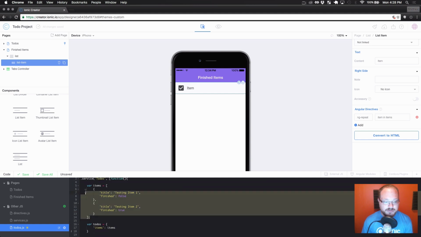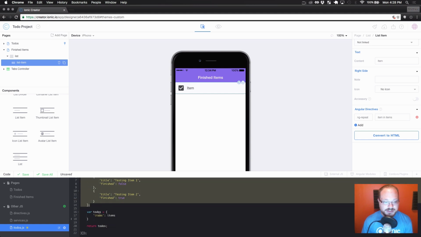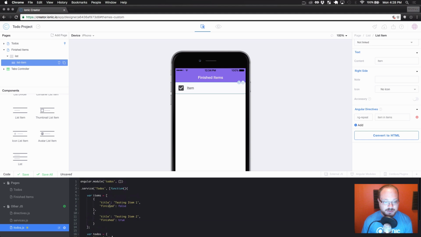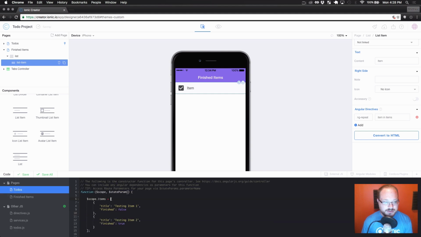Okay, so what this does is it's going to set up a service. This is an internal variable. Here we are going to set items equal to this internal variable we set up here, and then we're going to return that. So what we can do now is save our service. We can go over to to-dos here, include our to-dos service, and now we can set scope.items into